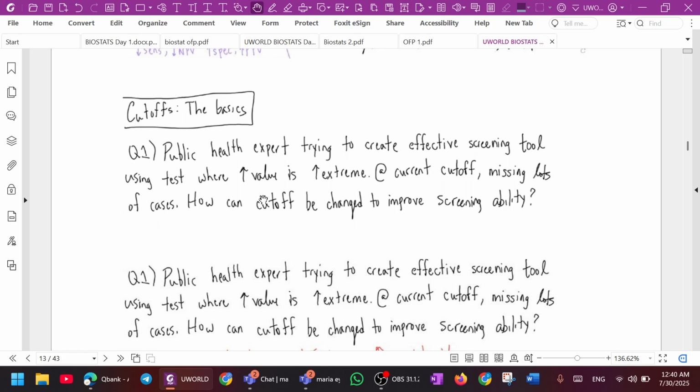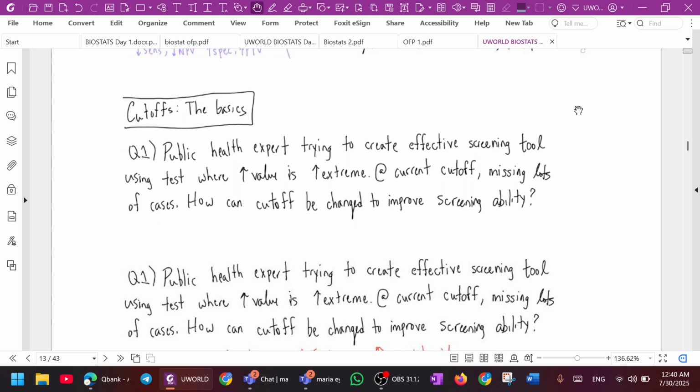What else was he saying here? This is exactly the same thing as here. You can see it. And then the D-dimer cutoff. I do not remember what this was. You have to look at the video. I don't remember what this was. Okay, but let's do the problem. Let's do the questions.